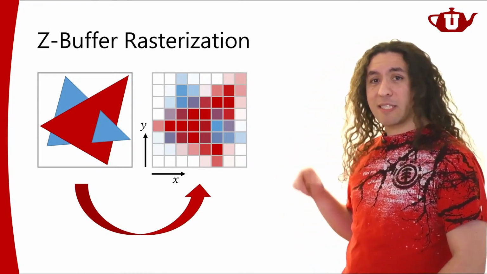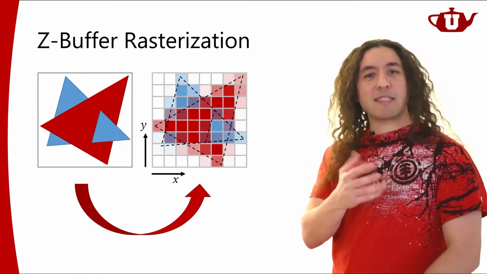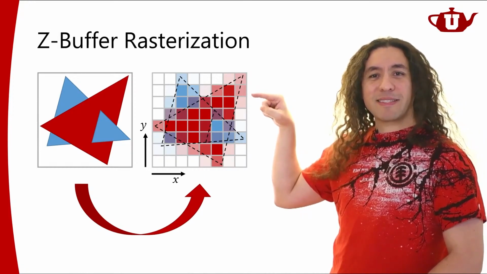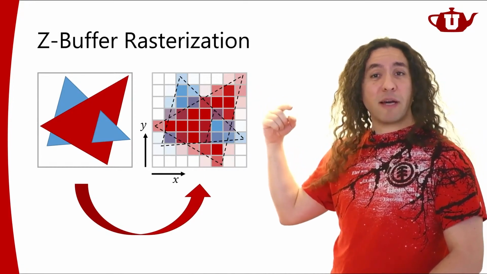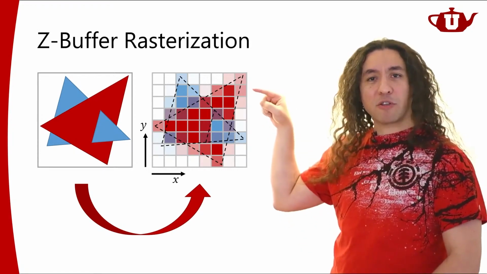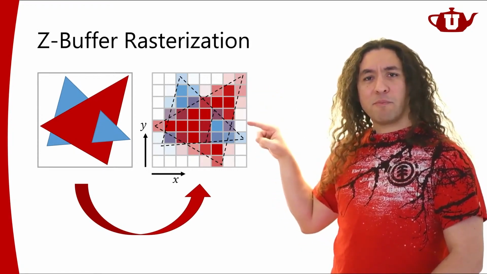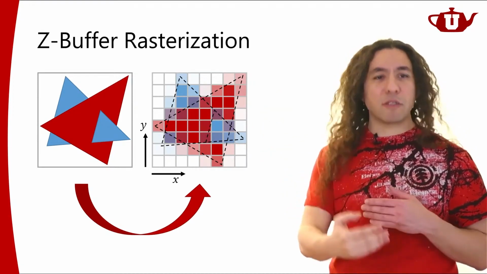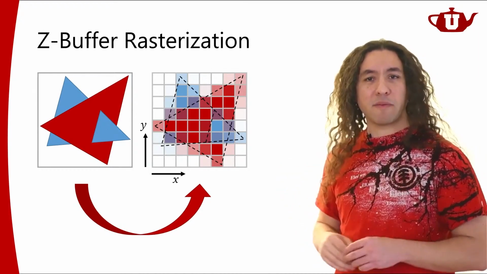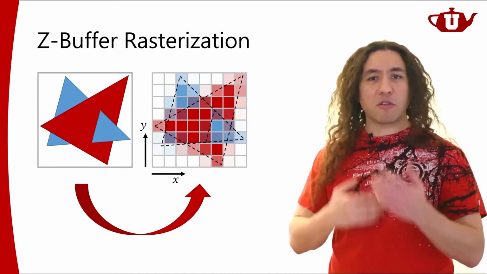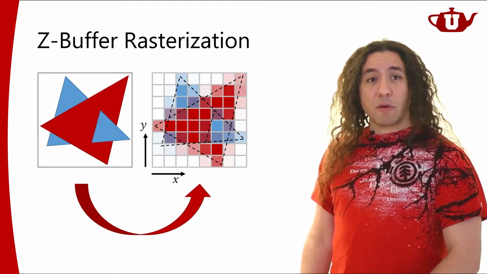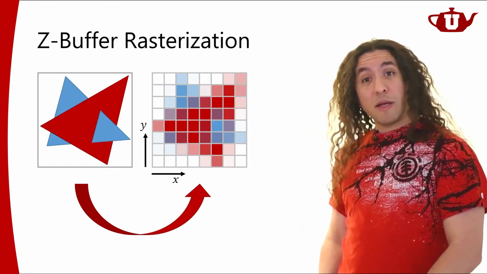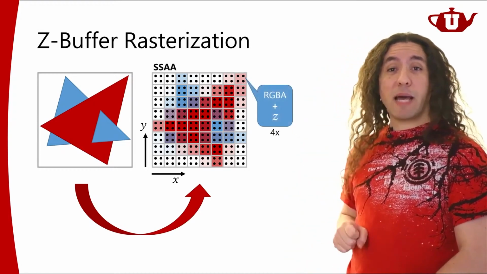So basically in this case, just like the case I showed you before, here for these pixels, the color is coming from the color of the triangle and the color of the background. We're blending them based on how much the triangle is covering that pixel. For the pixels where the two triangles overlap, the color is coming from either the blue triangle or the red triangle or the background, if there's background visible there as well. So it's going to be a mixture of all of them. This is what z-buffer rasterization is able to solve by storing multiple samples per pixel.